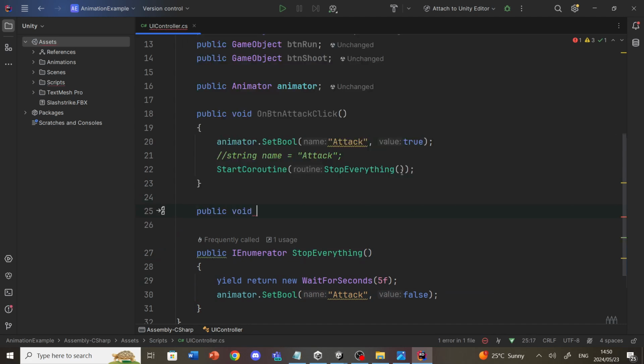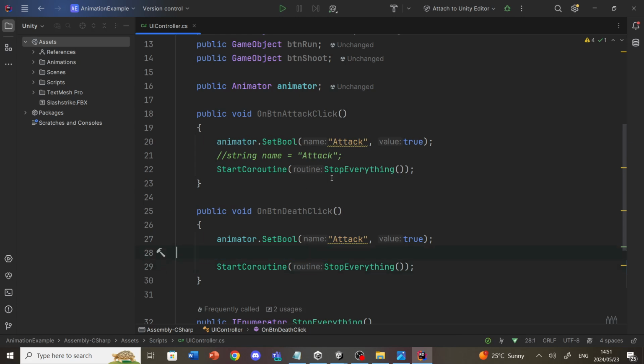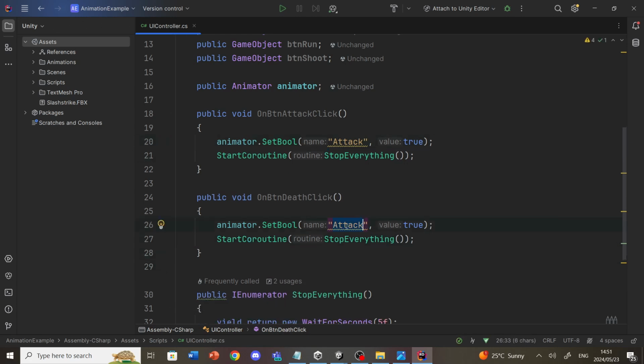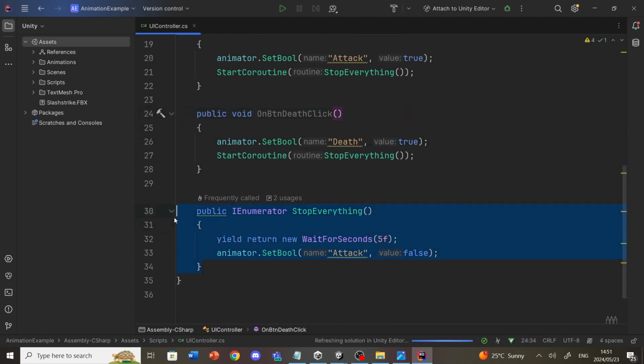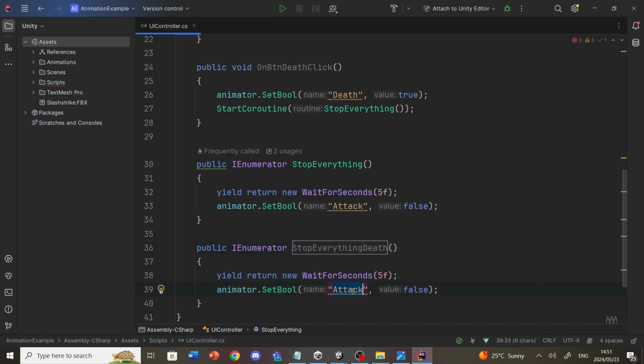So I'll say public void OnBtnDeathClick, and I'll copy that, paste that here, and I'll say death, and then I'd have to go and create a new coroutine which is stop everything for death and change this to death, and so on,